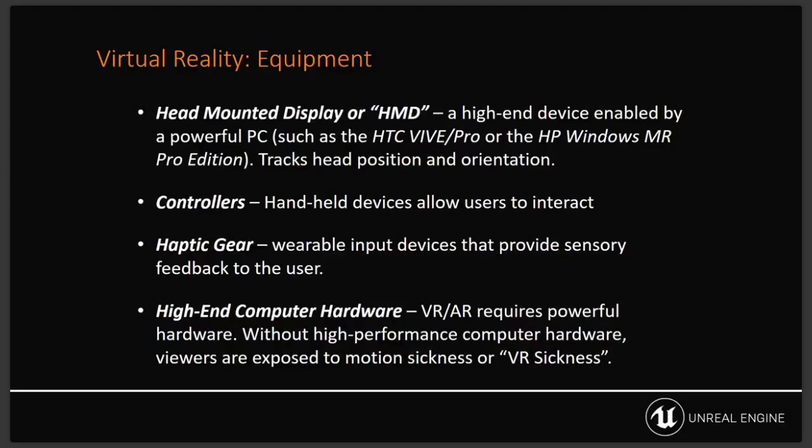And of course, we touched on this idea of high-end hardware. Using a very high-end performance system is important because virtual reality and augmented reality require powerful hardware, especially when we get into really deep CAD data and we want to experience that in a VR sense. We're really going to need that high-performance hardware to give us the proper believability of that virtual reality experience. Experiencing CAD data, for example, you really need the high-performance hardware to make sure that the experience